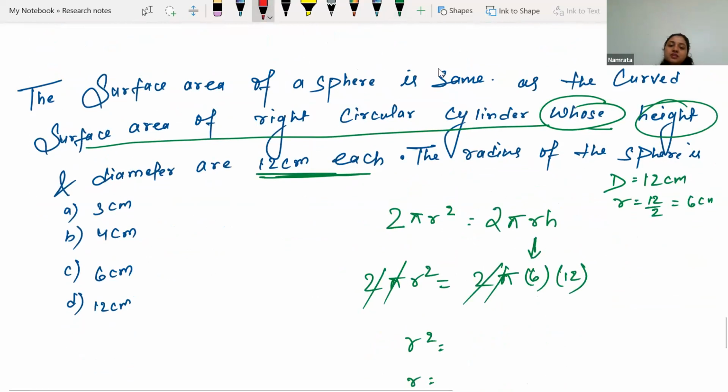Surface area of a sphere, this is the formula: 4 pi r square. Exactly. What we wrote was the surface area of hemisphere. So still 2 is left over here, which we can cancel with 3. So the value of r will be,